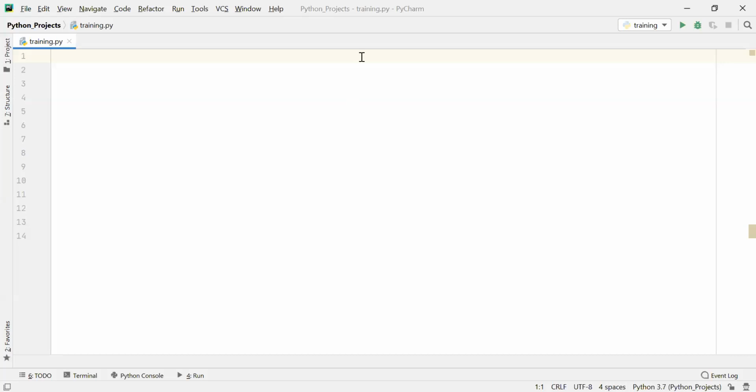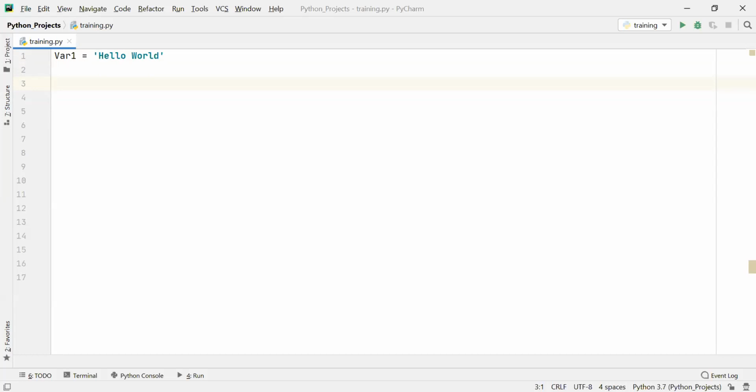Now let's say I have a string. So var1 is the name of a string, Hello world, just take an example. Now what I want to do is add an index to each of these elements. Since this is a string, a string doesn't have any index; only lists, tuples, sets and dictionaries have an index.